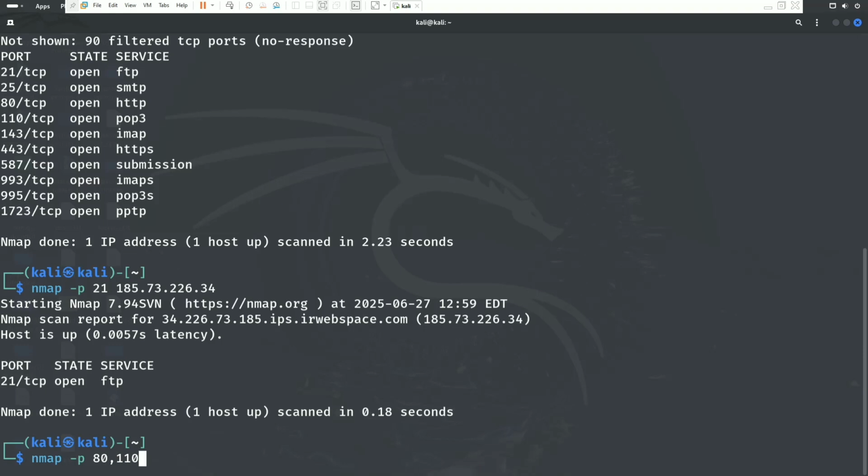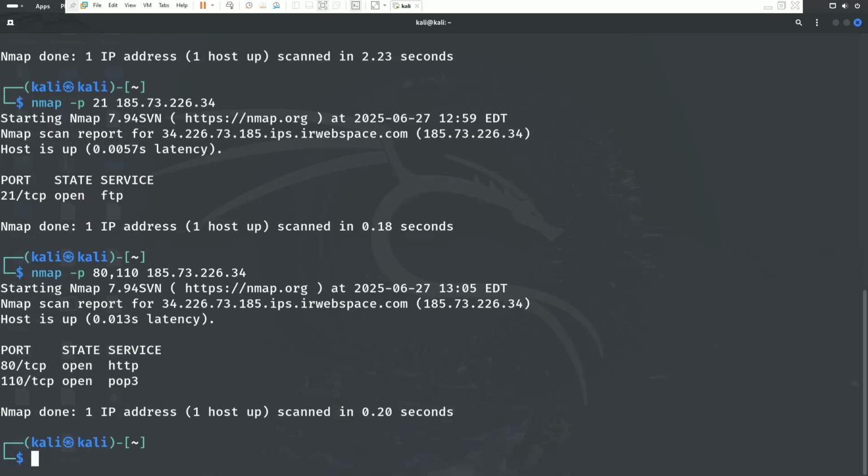Okay, and then I type my target IP, and the IP is 185.73.226.34. Okay, and then I press enter, and as you see, it scans my 2 ports of my IP. Okay, the last time I did, it only scanned a single port, but now it scans 2 ports of my website. Okay,